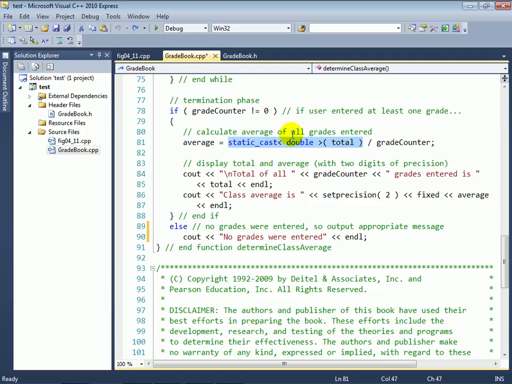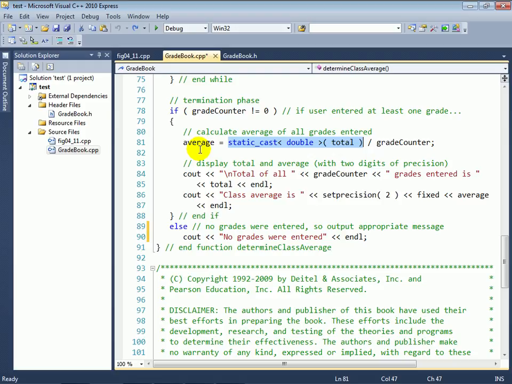And then I have a floating point number divided by an integer, and when I have a mixed expression like this, C++ automatically upgrades or converts the lower types, if you will, to the higher types. So integer is considered to be a lower type in the type hierarchy than double, and an integer can always be represented as a double, but the reverse is not true, because when you convert a double down to an integer, you lose data. So automatically the grade counter will be converted to a double as a result of the fact that total is temporarily being treated as a double. That will create a double divided by a double and produce a double result,